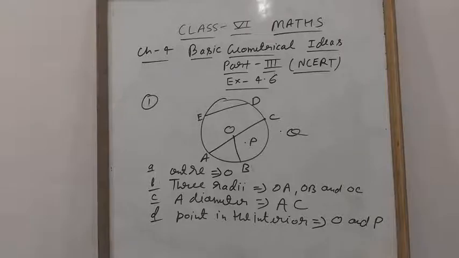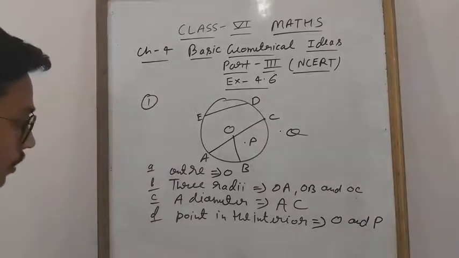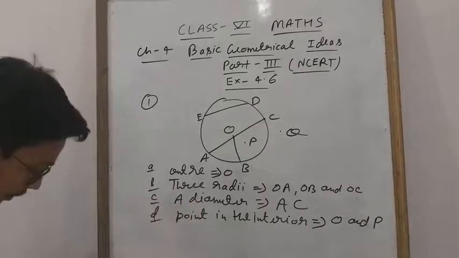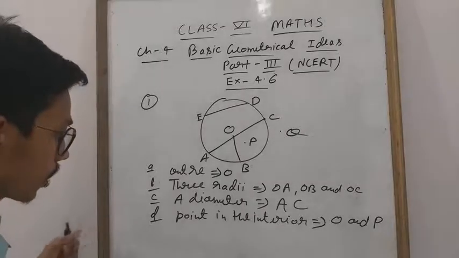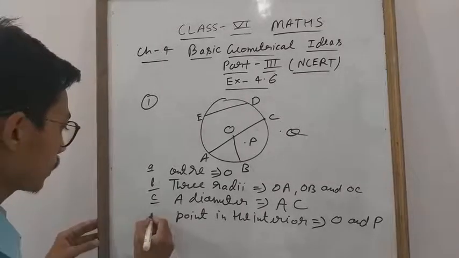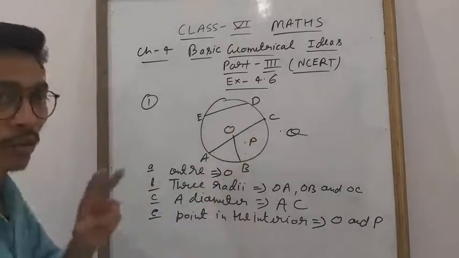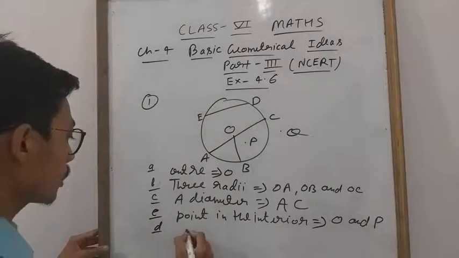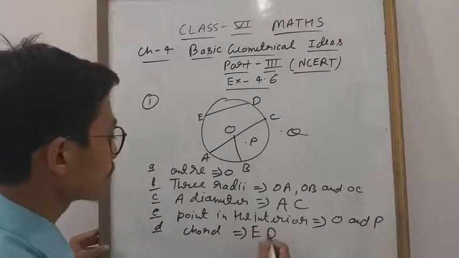Okay, everyone. Now the next question is the E part, student. The 2 points in the interior are done. The numbering is a little below. A center is given. 3 radii. B, C a diameter. D a chord. Chord is missing, student. D1 is the chord. This is E1. A chord, everyone knows, is the line joining 2 points of the circle. You can write down the chord ED.